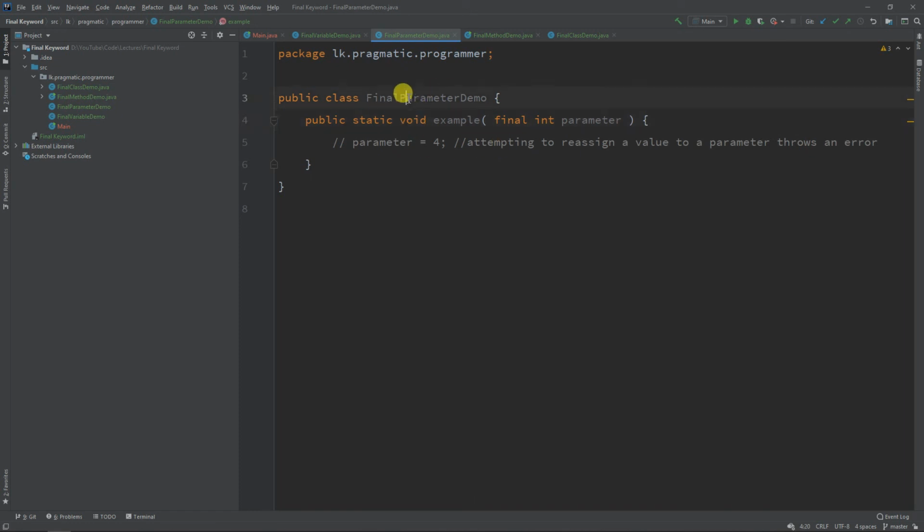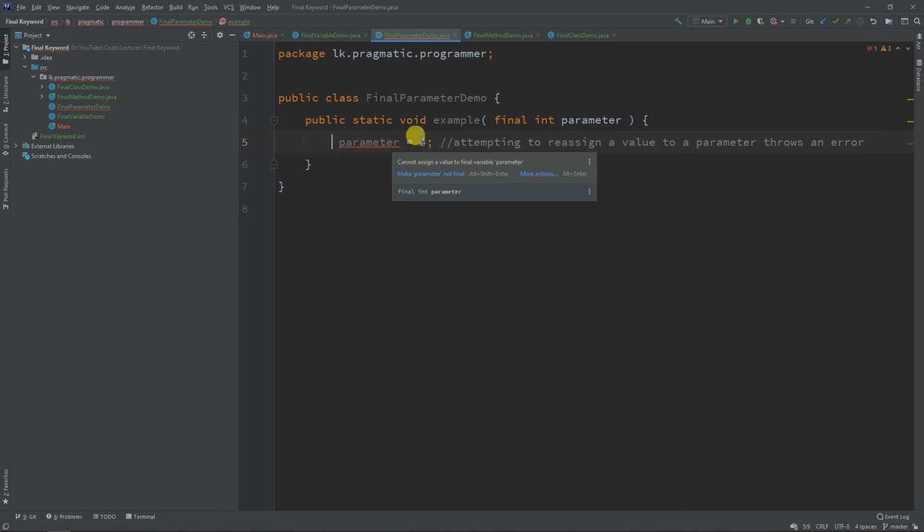See, right here we have final parameter demo class, and within that we have a method called example. Here we have a parameter called parameter, and it's final int parameter. If we uncomment this, we can't run it. See, IntelliJ will throw an error and tell us cannot assign a value to a final parameter. So let me comment this back again. Yes, so that's a final parameter.